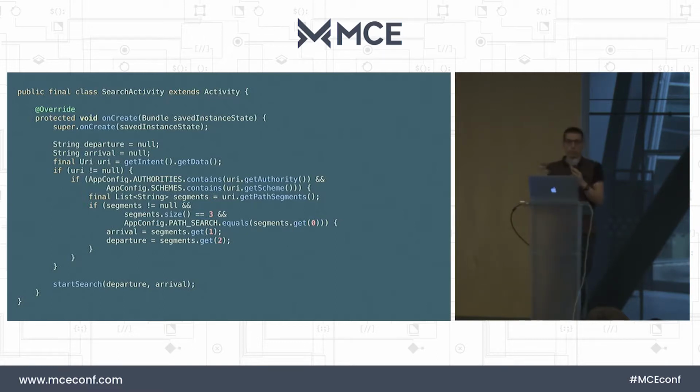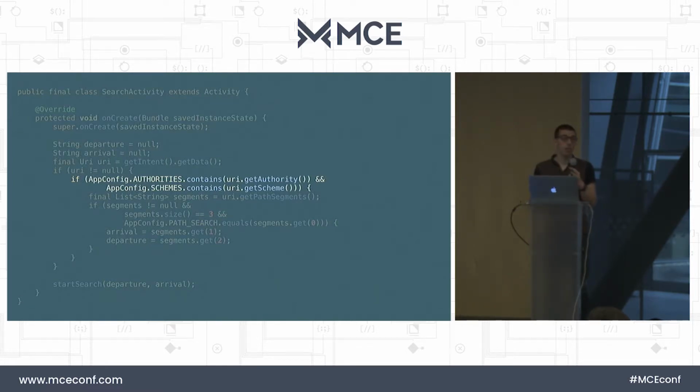So intent.getData will give you the URL that was clicked. What we do here is first check if it matches the authorities and the schemes. Why do we do that? Because this activity could be started without clicking on a link too. So we need to deal with several ways of starting the activity, either with a link or by just tapping on the icon on the launcher. So we first check that the authority and scheme are contained in the authorities and schemes